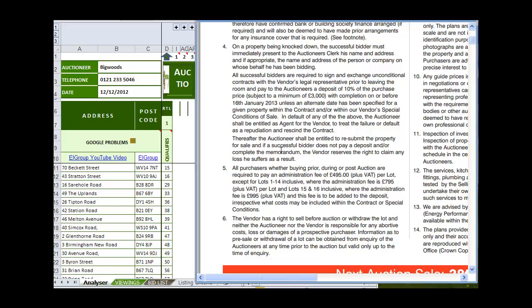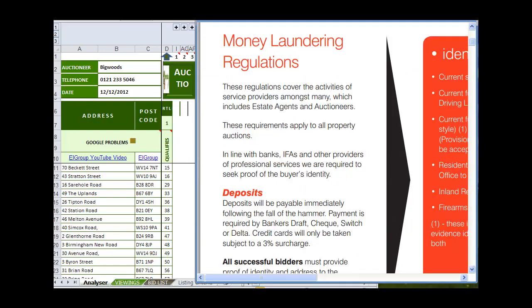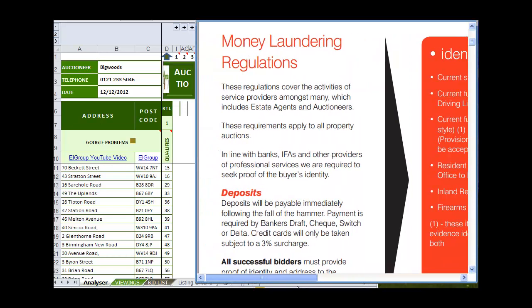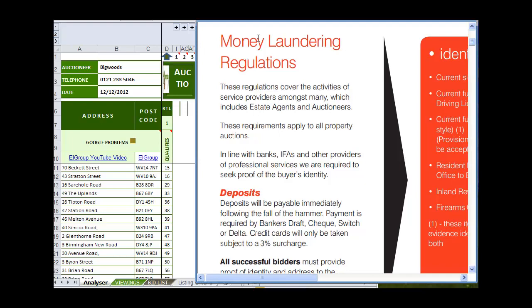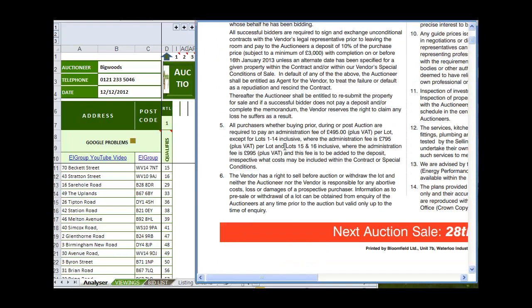Also, if you scroll on down through the catalogue, you will find the money laundering regulations, another important notice. And here we have the identity documents that you must take with you if you intend to bid and buy. So these are the regulations that they have to comply with regard to money laundering. But back to our administration fee,